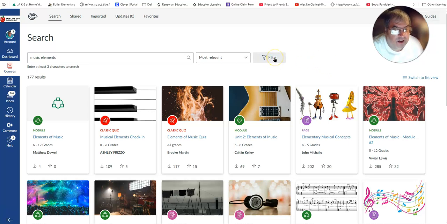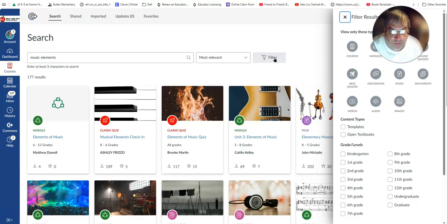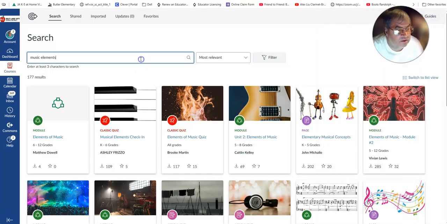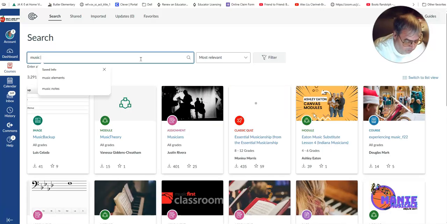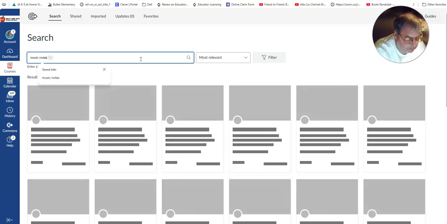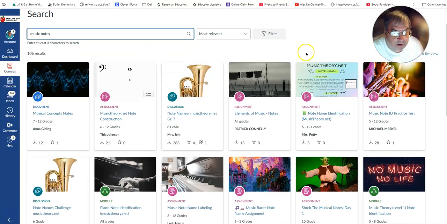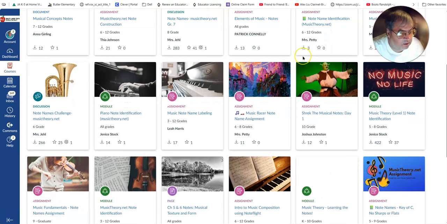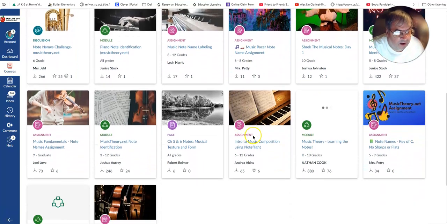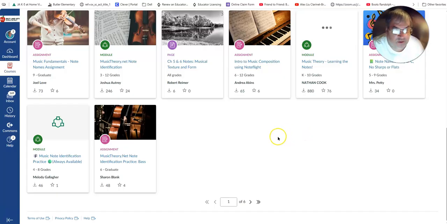So I actually, rather than going through filtering for grade level, I decided to just change my search. And so I changed my search from musical elements to music notes. And as I went to music notes, I found 6 pages worth of things,